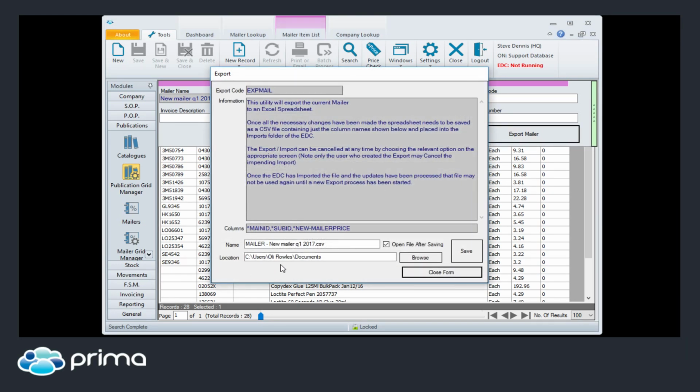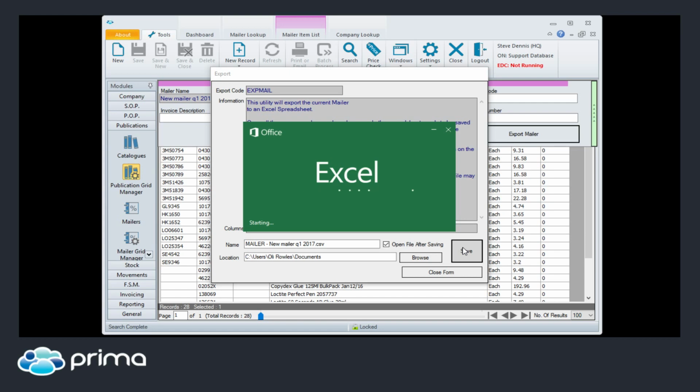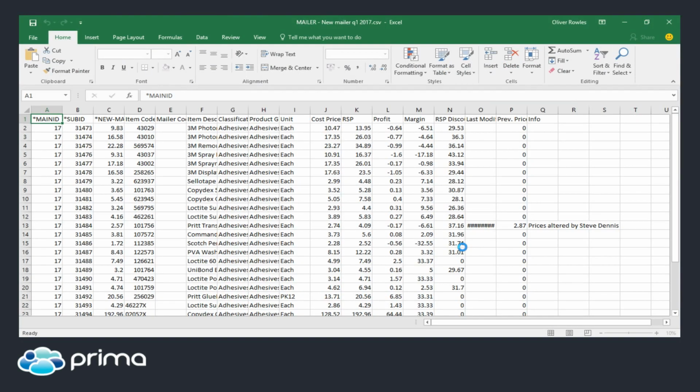it'll just tell you that it's going to do an export of this mailer. And if I save, it will open an Excel file with the mailer detail on. So the reason people would use this is because you've got access then to cost prices, and you can do some, I suppose, formulas in here if you wanted to,